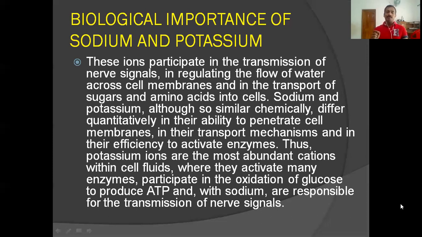Potassium ions are the most abundant cations within cell fluids, where they activate many enzymes and participate in the oxidation of glucose to produce ATP, and with sodium are responsible for the transmission of nerve signals. So I wrote here only some important applications. You should know the biological importance of sodium and potassium. And next we have to study the alkaline earth metals. In the next class we can